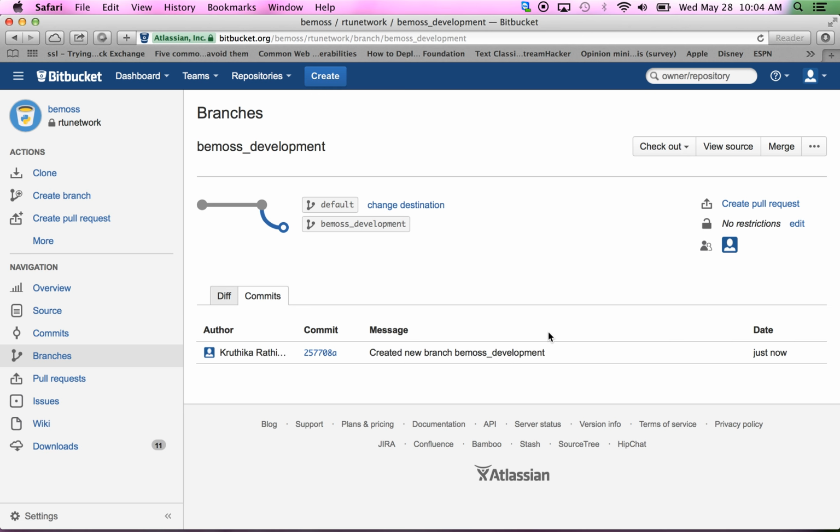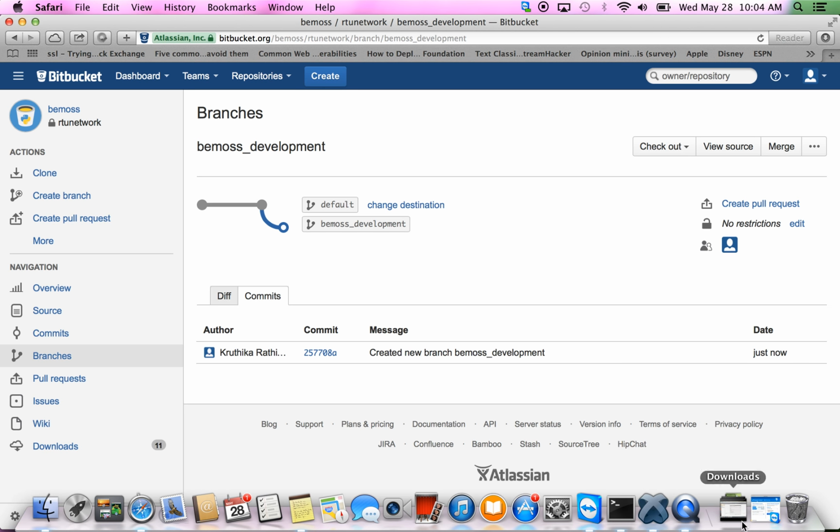So now I want to check out code from this branch, and when I say check out code, it means you're pulling out the code from the repository created for you. So BMOS development, let's say it is assigned to me and I want to work only in this repository. So what you do is you link your local source code to this repository alone and not disturb the other repositories. Go to your system,